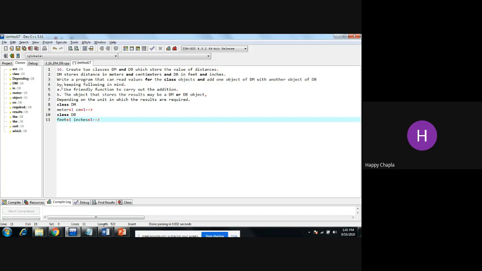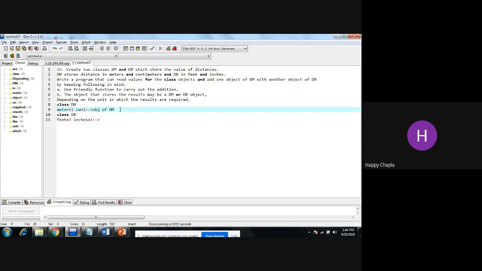Okay, now by keeping the following in mind, you have to implement this. So first, use a friend function to carry out the addition. Why? Because if I declare one object of the DM class, it can access these two only, but I require these two also, because I need the total feet, total inches, centimeter and meter, and I have to give the total answer, the total distance, right?